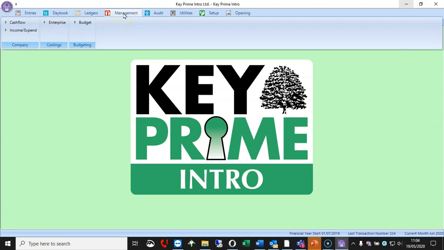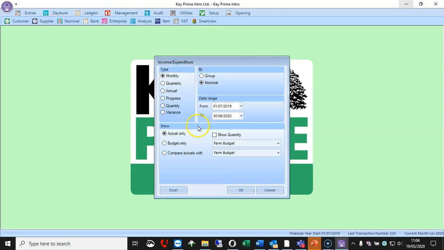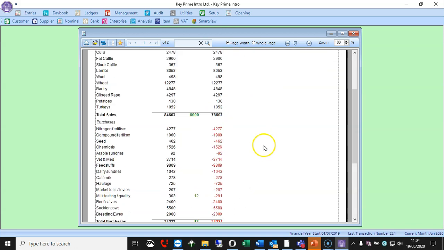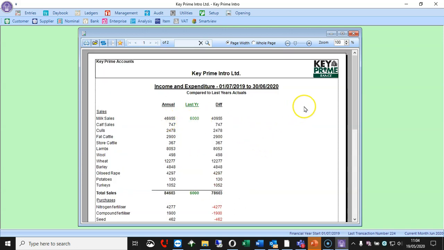Which report showed up income and expenditure? So that one's under management. And you've got their income and expenditure, which you can have against budgets and things like that. But I just used an annual. And once you build up data, you'll always have last year there as well, so you'll get a comparison of your figures. Here it comes. Of this year, I haven't got any data for last year, but you can then see the difference and scroll down there and spot anything that is too untoward. That can be quite useful.